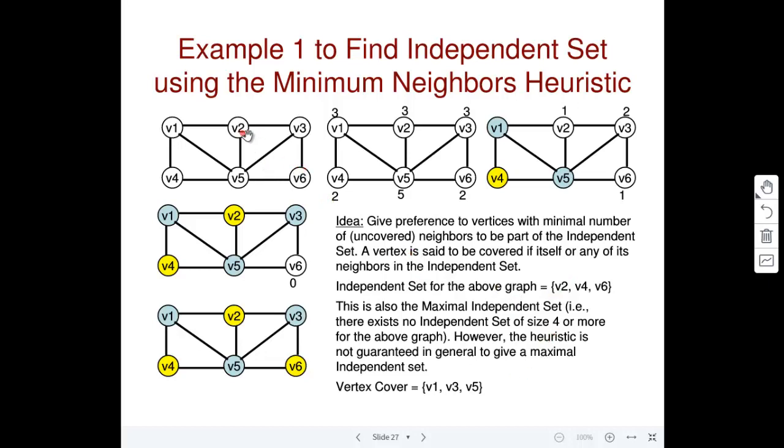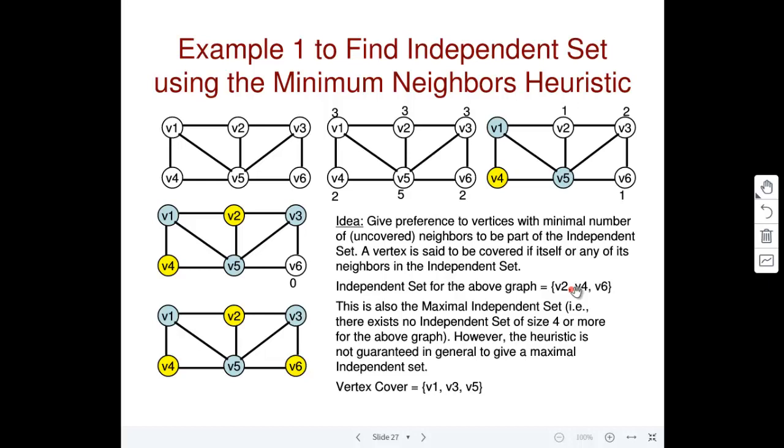For example, if I include V2, I cannot include V1, V3 or V5 also, because if I include say V1, then you're going to have an edge between two vertices in the independent set. That violates the definition. So if I include a vertex in the independent set, its neighbors are automatically going to get excluded or ruled out from being part of the independent set. This is the observation we are going to make use of for the greedy strategy